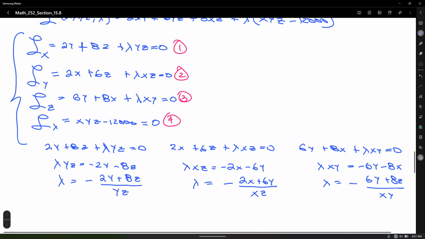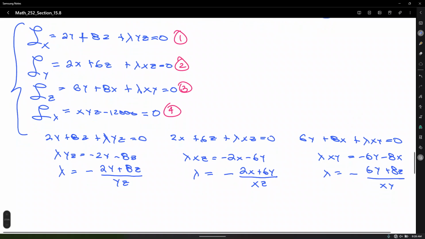Okay, how are we going to solve? How are we going to get rid of lambdas here? So in the previous case where we have only two equations containing lambda, we easily put the two equations together because lambda equals a quantity and lambda equals a second quantity. Then by transitivity, the two quantities are equal. But in this case, how do we deal with this? Well, here we would have to combine the equations together. We have to come up with two combinations. So here you have three possibilities. Number one, you could combine